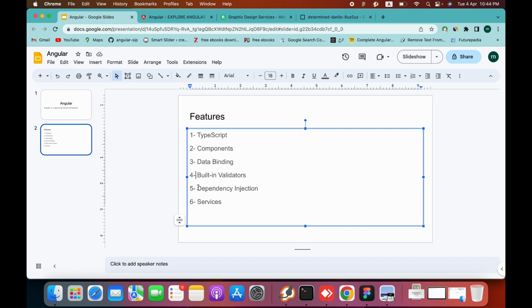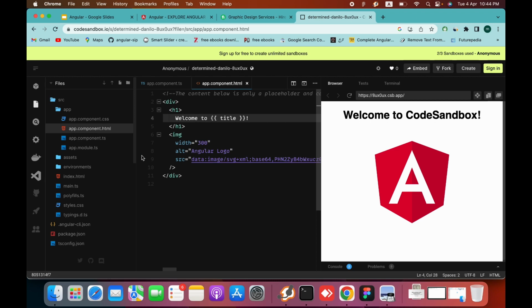So the fifth feature of Angular is dependency injection. Dependency injection is a design pattern that makes it easier to manage dependencies between components and services. In Angular, you can use dependency injection to inject a service into a component, making it available for use. So for example, if we make a service which is our logical part of our application, and if we want to use the methods of our services in our components, then we can inject it